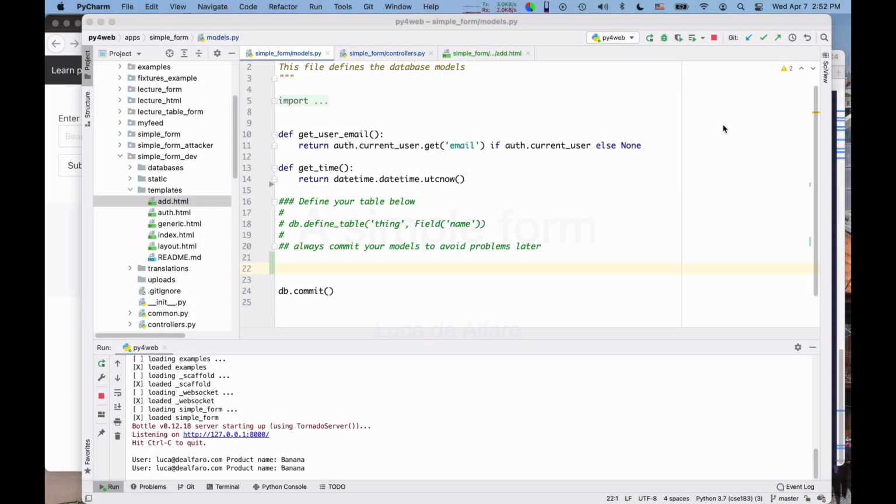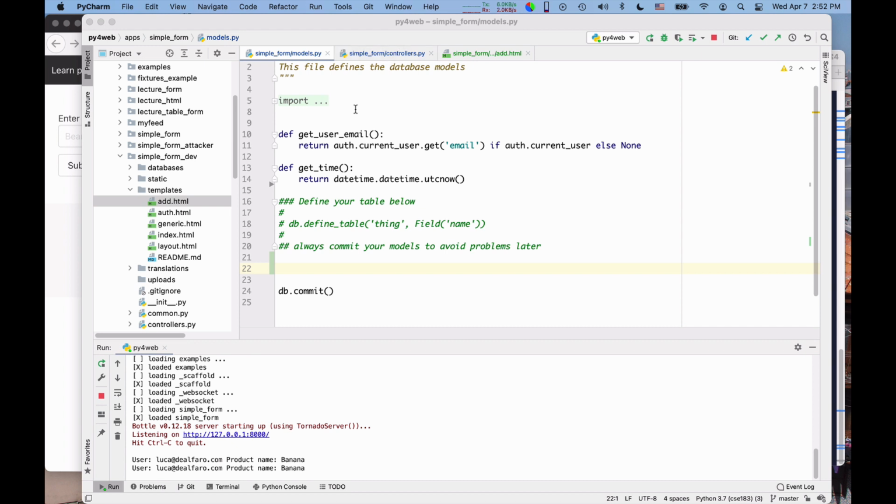Now that we know how to connect to a database, I want to show how to write information in the database. I wanted to create a form where the user can fill in a product name, and communicate that information from the browser to the server, and on the server I want to print it out, and then also insert it in the database. So let me do that.